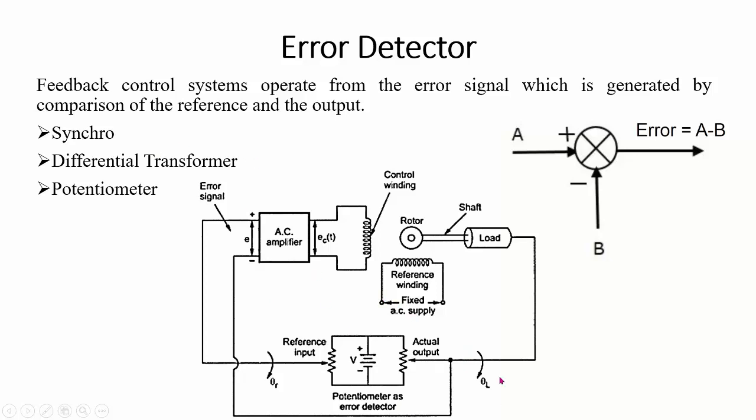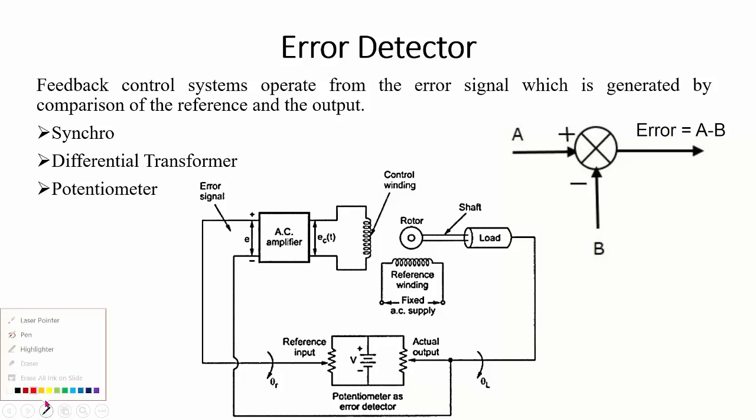So I'll start with this example. Suppose you're given a potentiometer. Shown over here is a potentiometer which comprises two arms along with a voltage supply given to it. We are going to use this as an error detector. Suppose you took the reference input from this particular point, and the actual output is taken from this particular point, and let's say these are very much symmetrical initially.